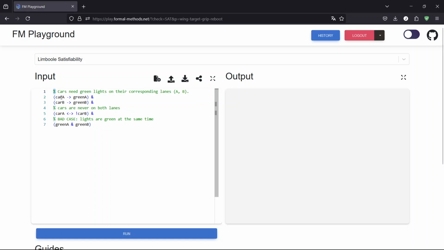We have Boolean variables car A, car B. Basically everything that you write down, some identifier for lim-bool, is a Boolean variable. And what we mean by car A is that a car is detected on lane A, and by green A we mean that the traffic light A is green. So if green A is false, then it's not green, it's red basically. And if car A is false, then there's no car A, right? But if car A is true, then it means there is a car,